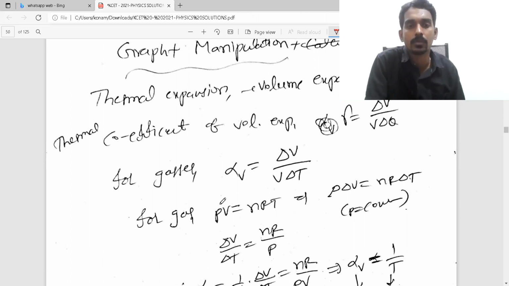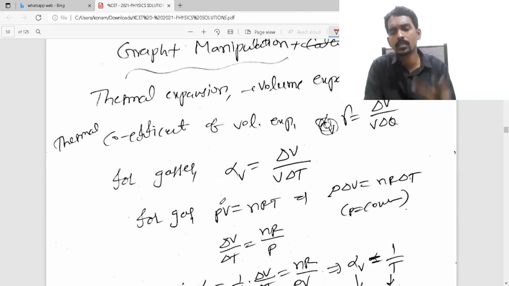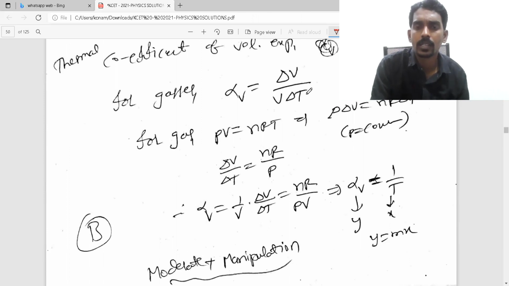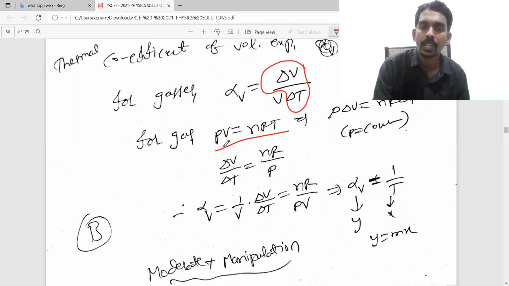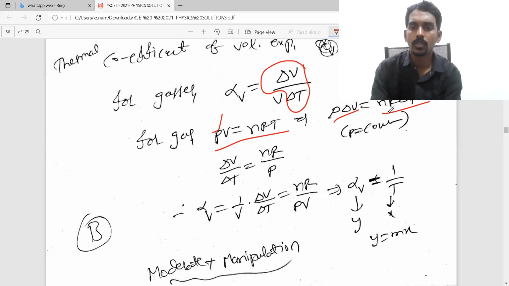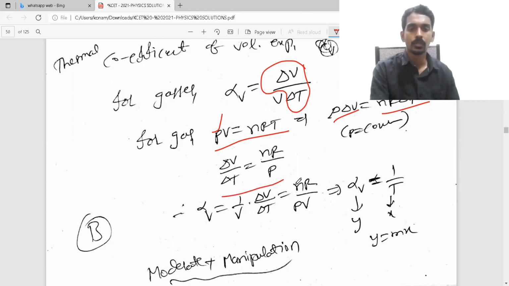It is in thermal expansion, like linear expansion, areal expansion, volume expansion. But in case of gas, when you consider delta V by delta T, that too at constant pressure, where for gas PV equals nRT, as P is constant, P delta V equals nR delta T, like an isobaric process. So from here, delta V by delta T, if you take it,